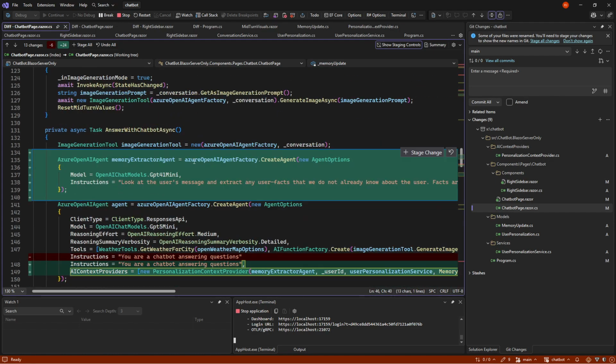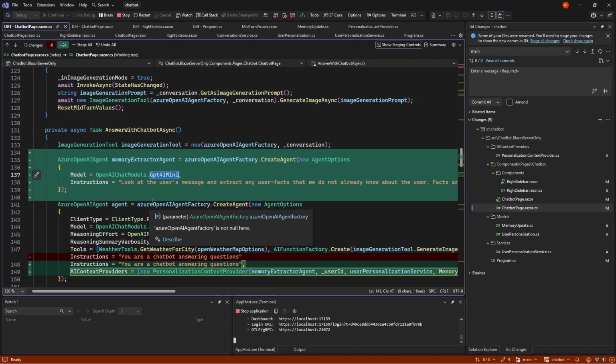And the most interesting part is, of course, the AI part. So first of all, we make a memory extractor agent. And you saw it failed a little. That's because it's a very, very low model, because I want it to be as fast as possible.